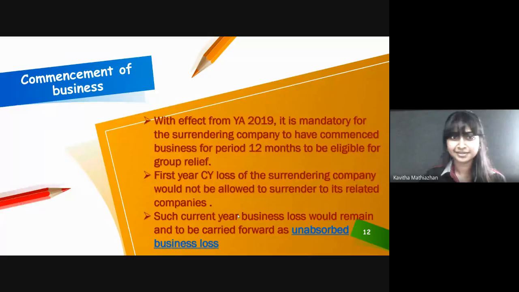commencement of business. With effect from year of assessment 2019, it is mandatory for the surrendering company to have commenced business for a period of 12 months to be eligible for group relief. This means that if the company starts their business in 2019 and has losses in that year itself, they are not allowed to surrender their losses in that year, but they can claim their loss in the next year. The current year loss is carried forward to the next year as unabsorbed business loss. And the next one